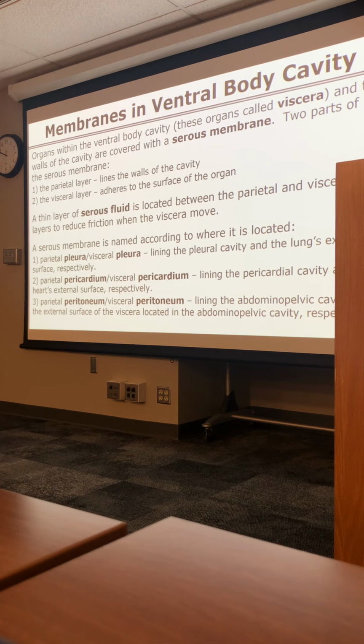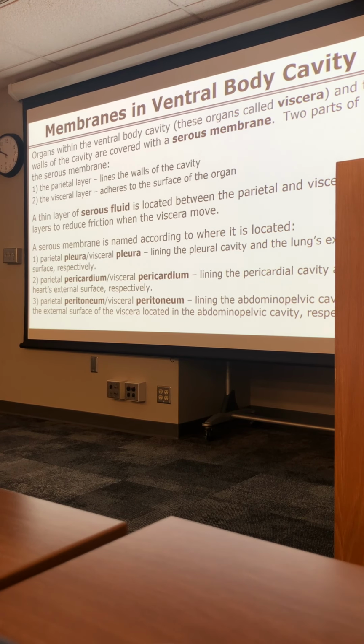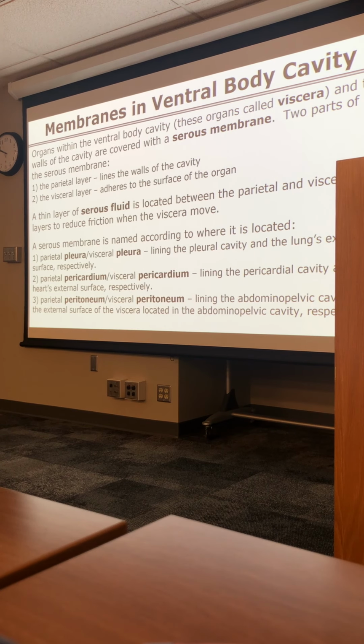The other part that should hopefully be familiar sounding information to you is the fact that these ventral body cavity, the different spaces associated with them, and the organs located within have what's known as serous membranes. Remember, serous membranes, those are epithelial membranes that have some loose connective tissue, and then remember what the epithelium is associated with serous membranes? Starts with an M. Mesothelium. Mesothelium. So it's mesothelium with a little bit of loose connective tissue underneath,